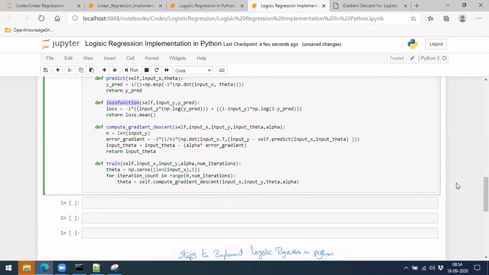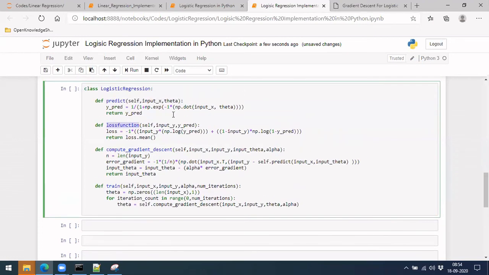For the loss function, we need y prediction as an input, but we are not actually calculating it separately. We can calculate it as well, so let's calculate it. This y pred, something like this, equal to, just so as not to mismatch with those things, which will be equal to, so we have a function for that. We don't have to calculate it separately.